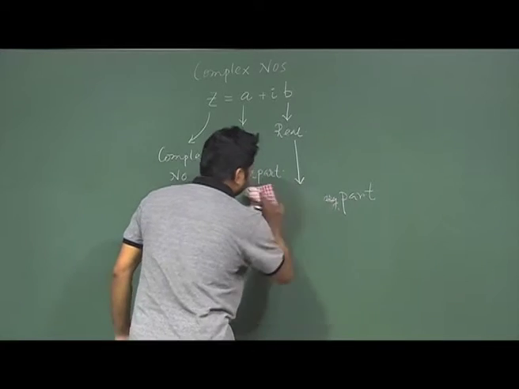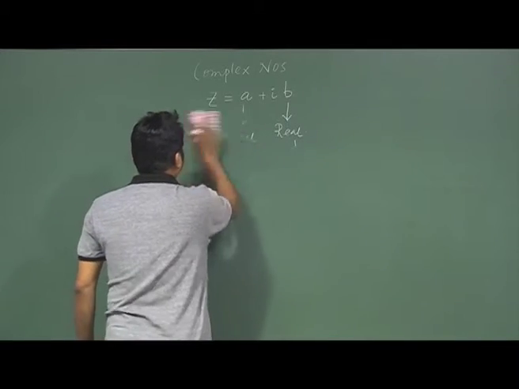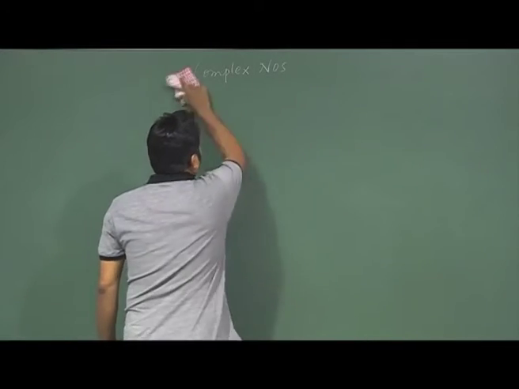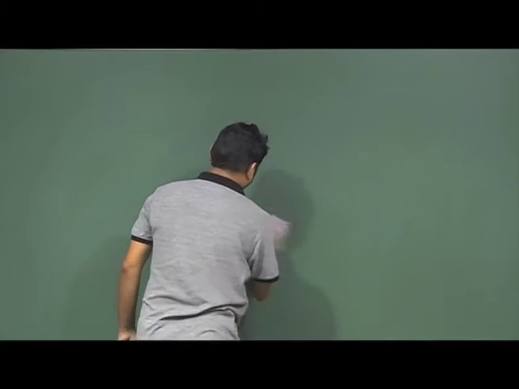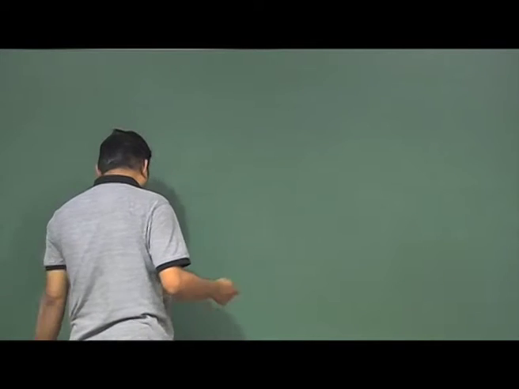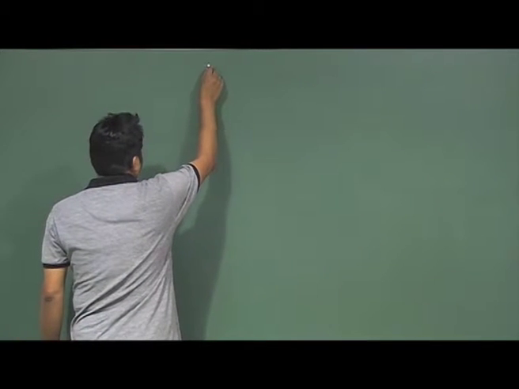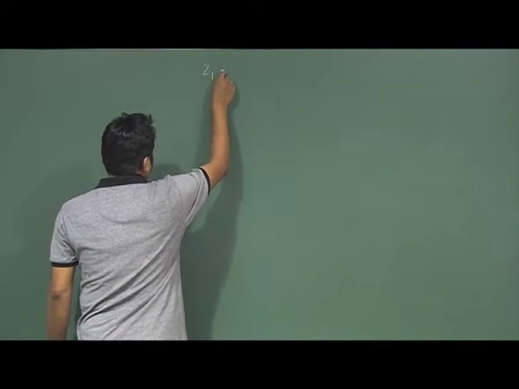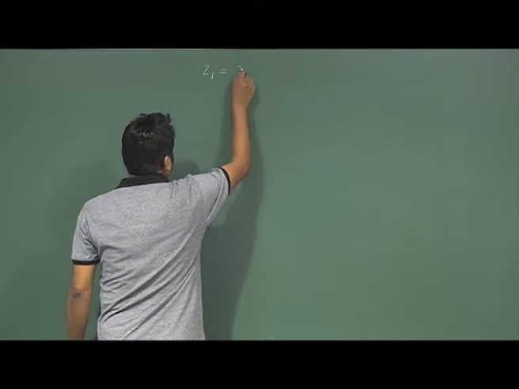Okay, this I believe all of you are aware of. So, let me view a few simple things, how they behave. Say two numbers, if I take two complex numbers, z1 is say